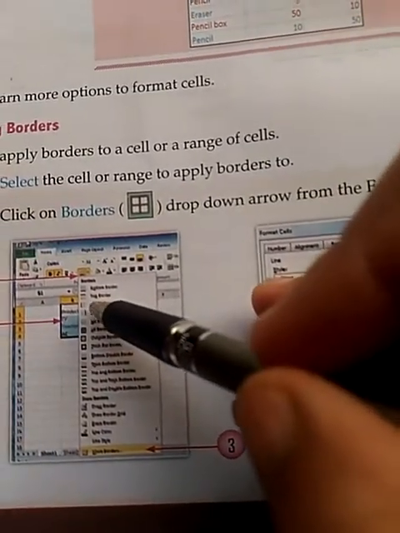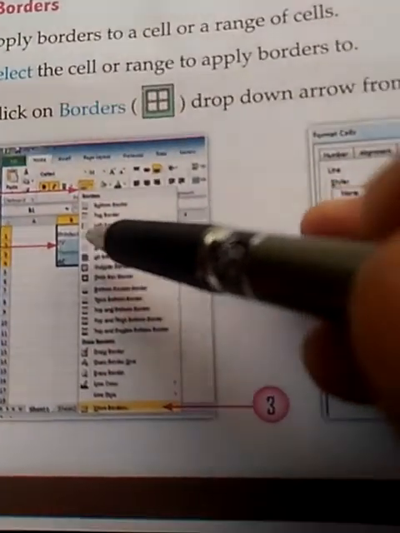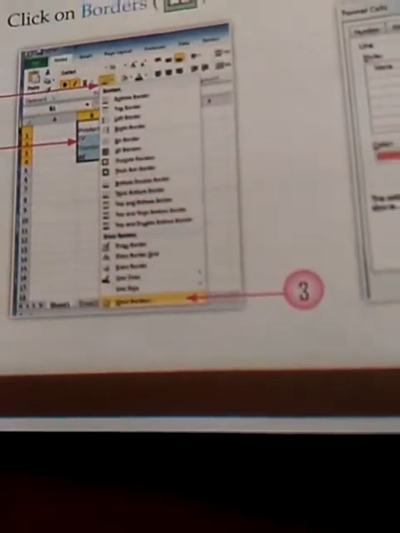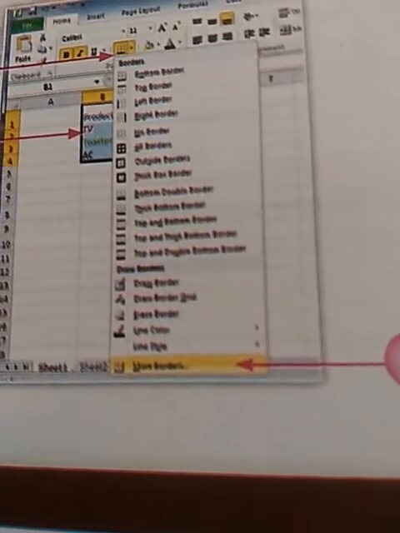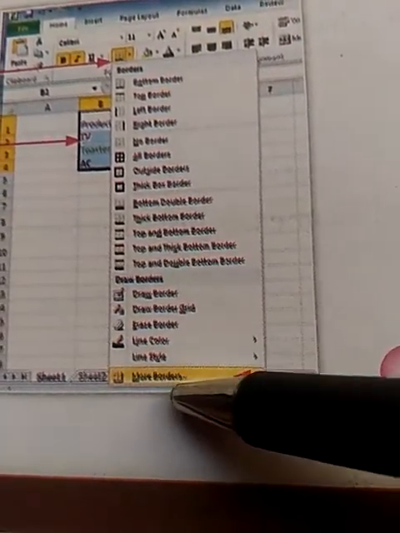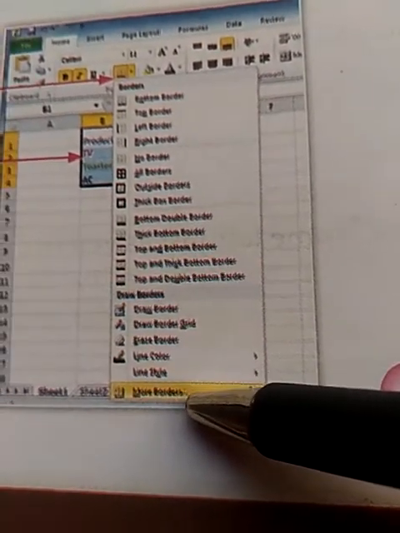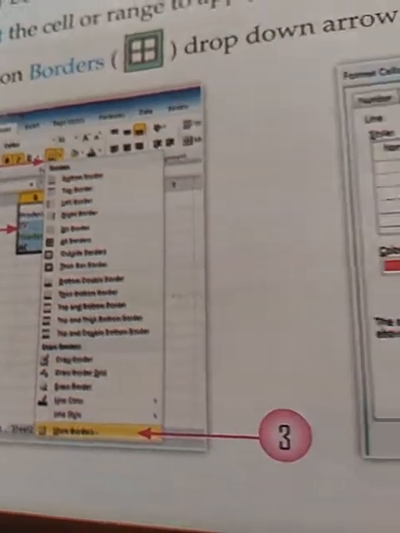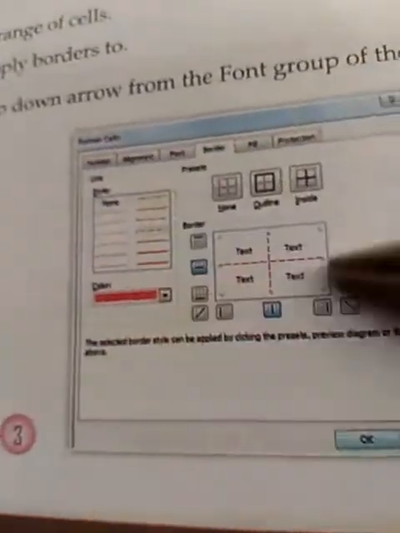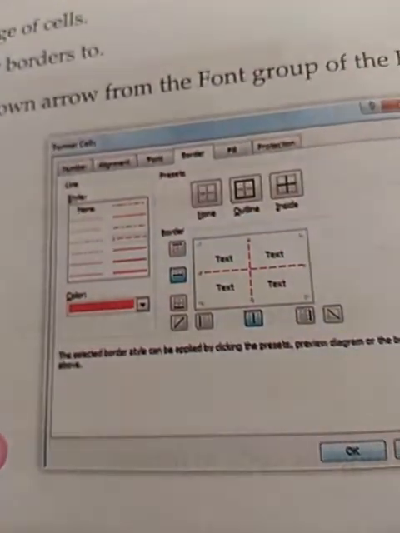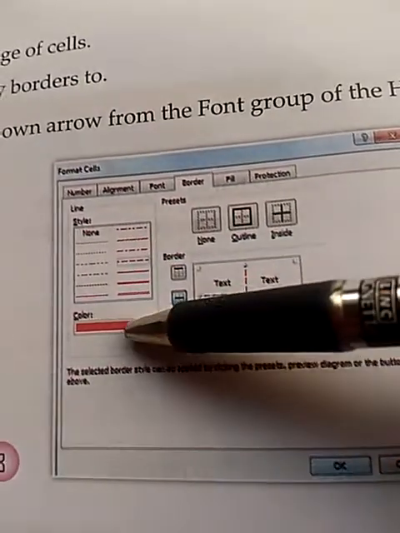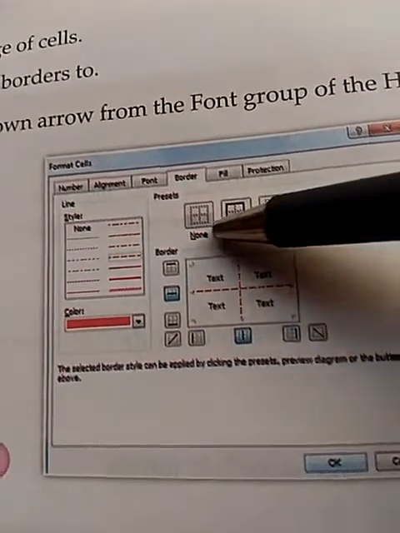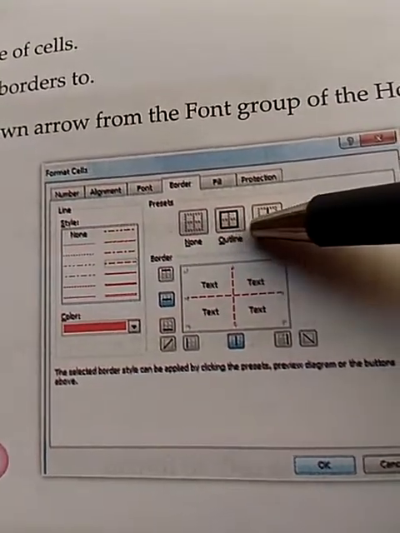And if you want to apply the border in a customized format, then at the end you will find the option More Borders. Click on this More Borders. It will take you to a different window. From here you can select the type of the border, the color of the border, and the format of the border.